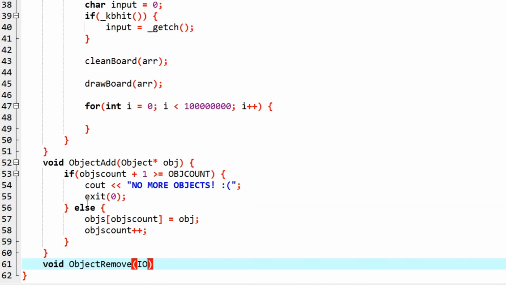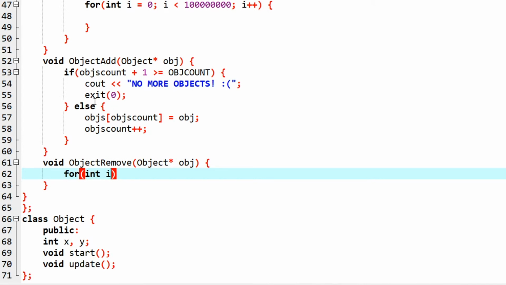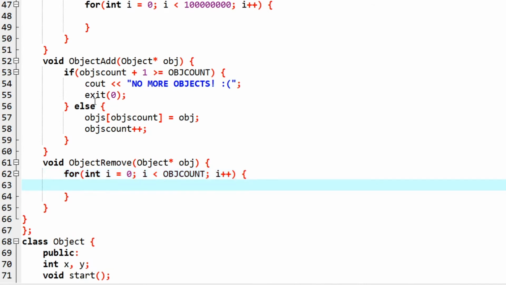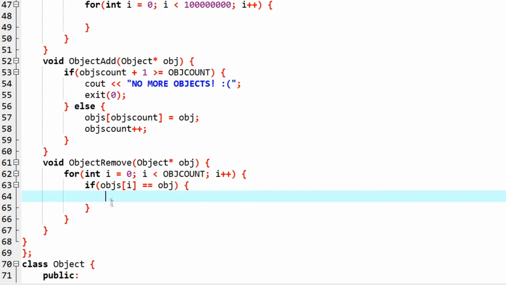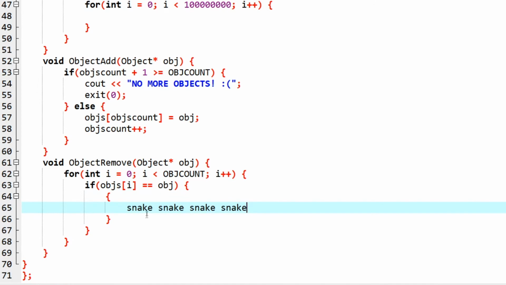Object remove is just a little bit more complicated. For this we need to search our game, and if we find the object we are looking for, we are going to remove it. If we place a simple null pointer here, this might give us an error, and this might create holes in our array. We want to shift everything else one position below. If I have an array like this, snake, we have multiple snakes in the object array, and if I remove a snake here, this will now give us an error later. So I don't want an error here.